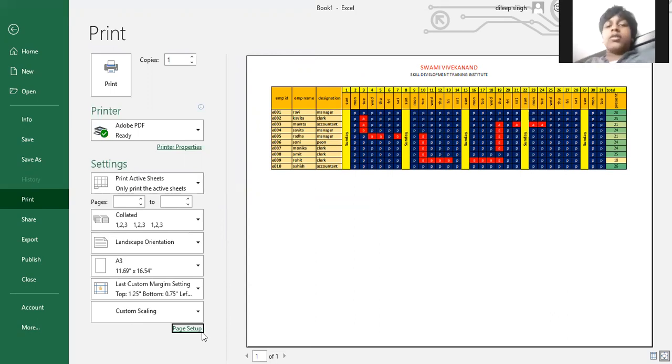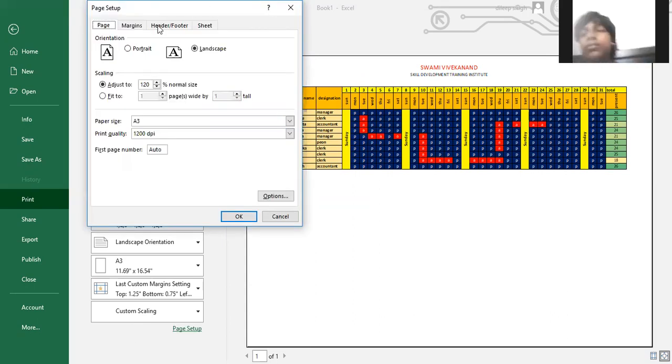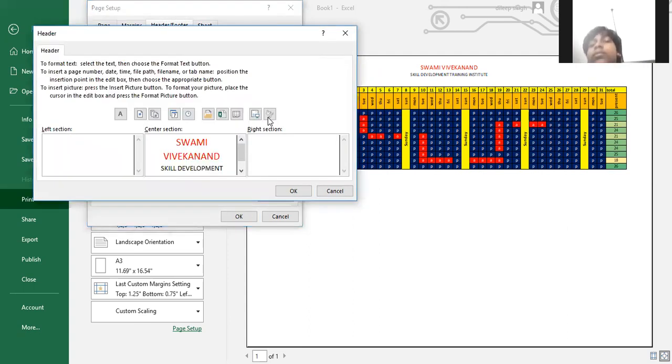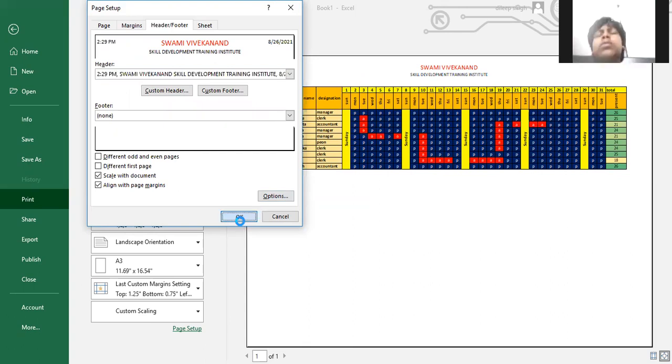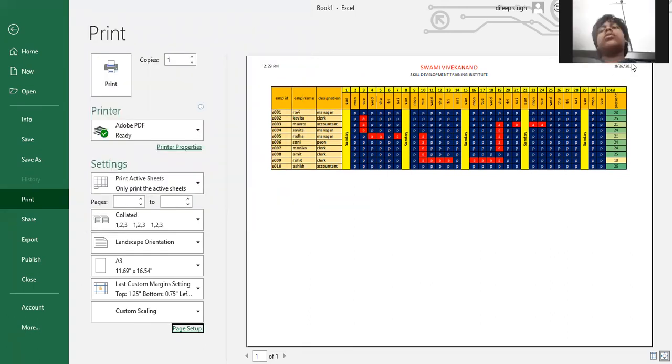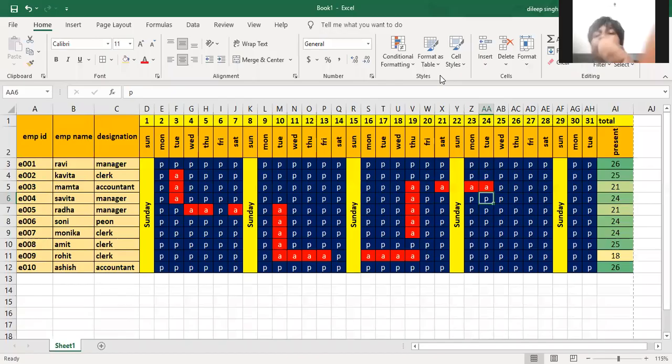And if you want to add another thing, there is a date on this particular side. Just select it, place your cursor here and insert the date. Just click here and the date will come. And if you want the time, select it, click on the time watch, and click on OK. You will get the date and time on this particular page margin. That is the date, here is the time, and this is the company name. Understood? Just press Escape after finalizing this. You get the proper printout of this particular work.